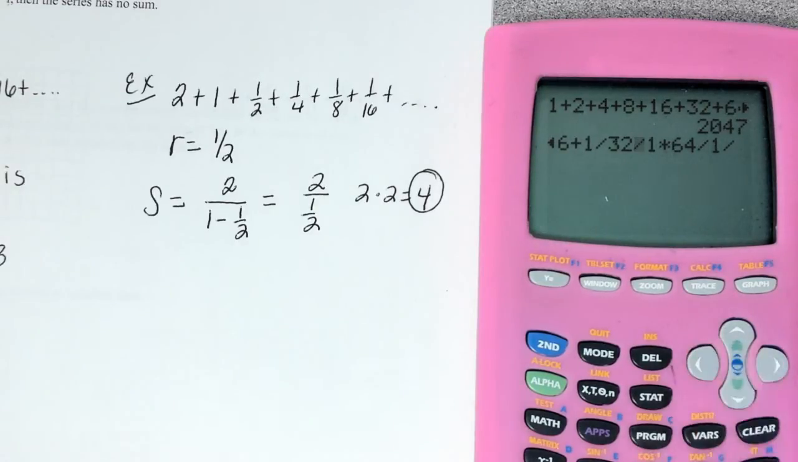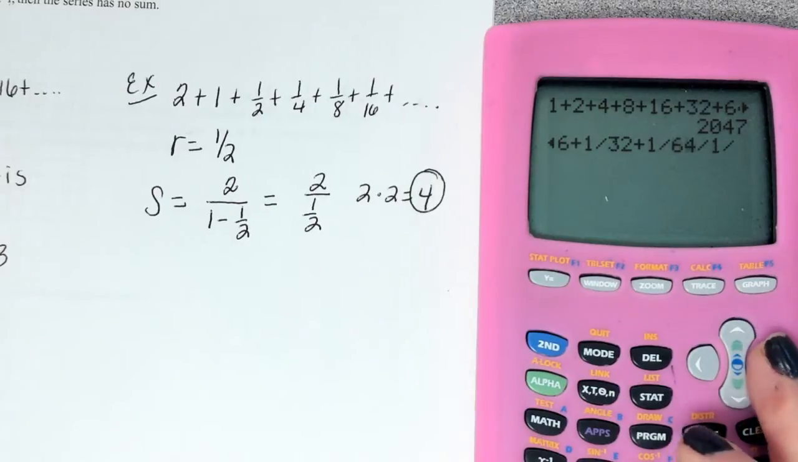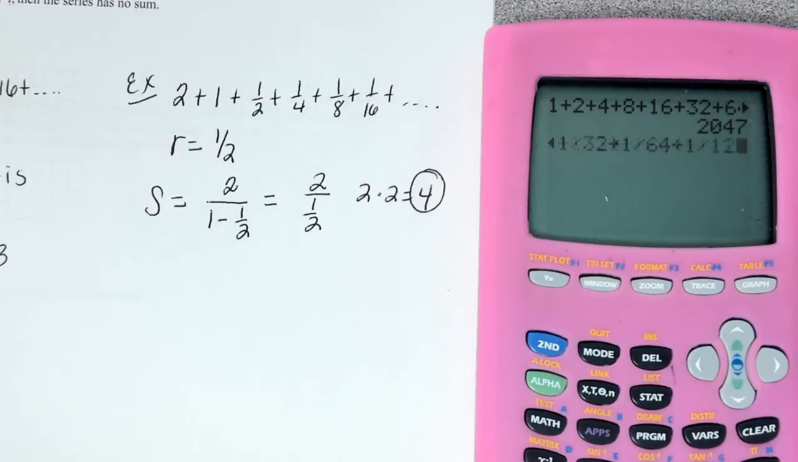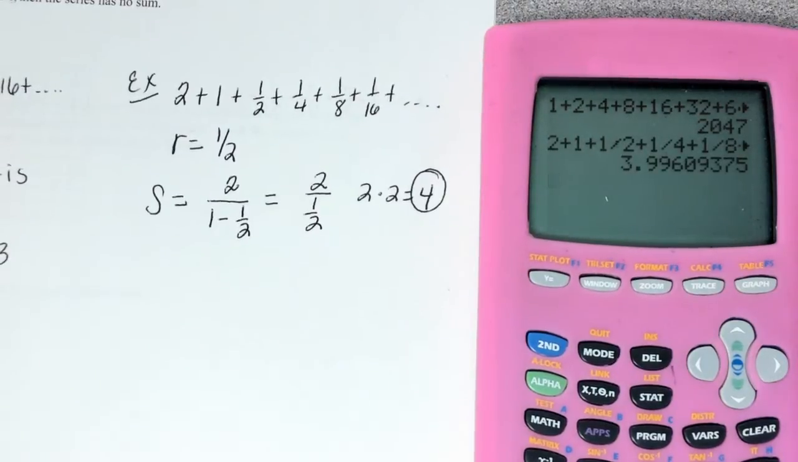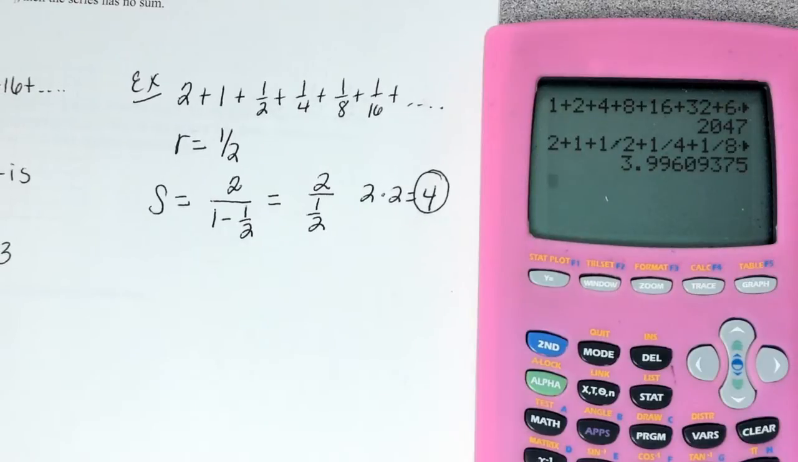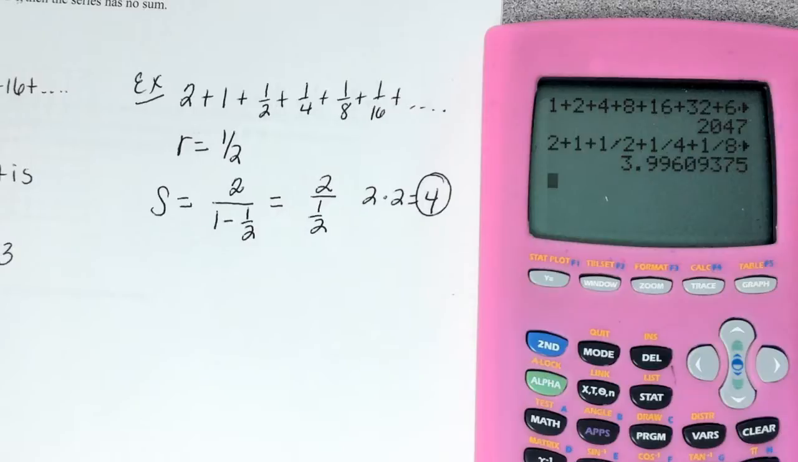Plus that, plus this, plus 1 over 128, plus 1 over 256. I'll stop there. Watch what I get for my answer. What is that pretty darn close to? 4. And guys, if you sat here and did this until 5 o'clock tonight, just kept adding these on, eventually